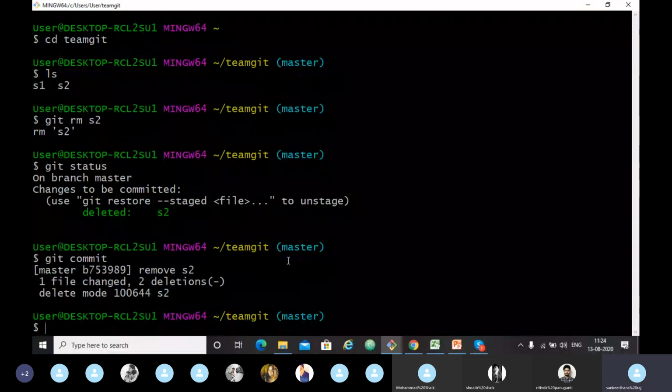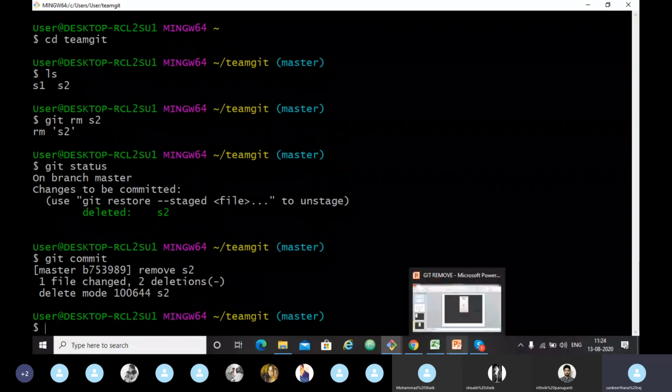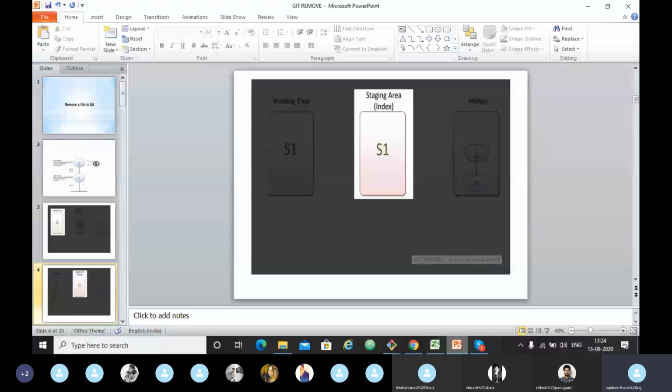It tells us the commit message was entered. It means the commit is already created. We have completed our git commit. It is our third commit. So let's check the diagram again. We have removed the S2 file from the working tree and the staging area as well.